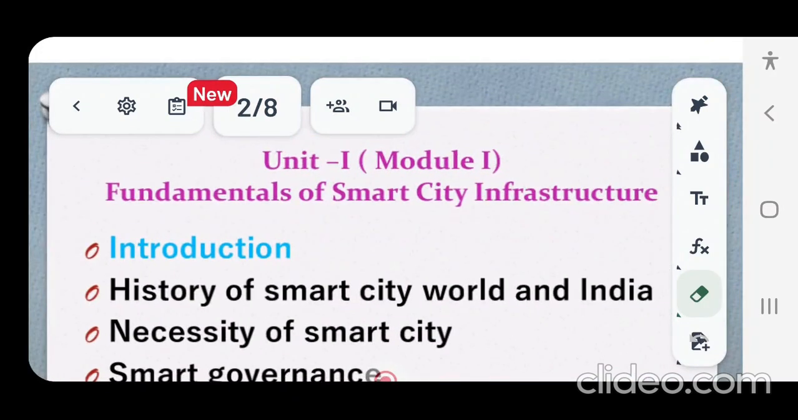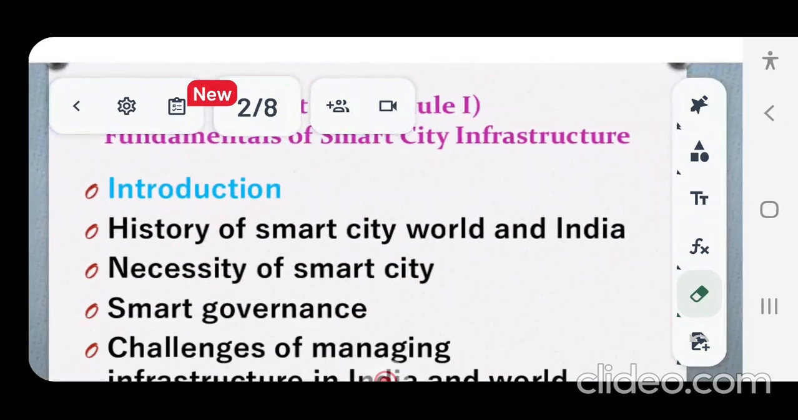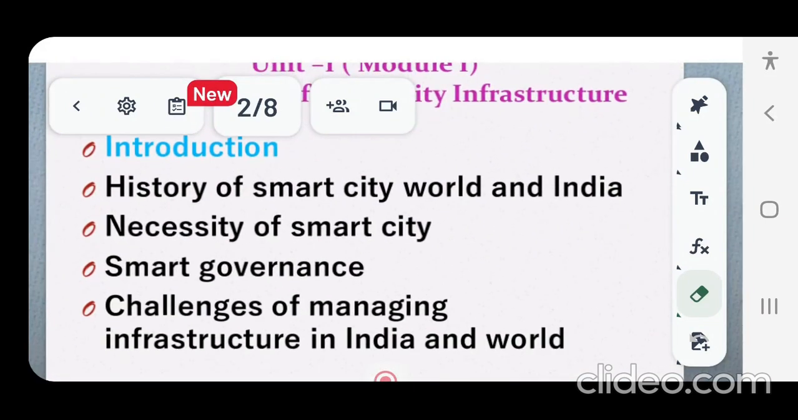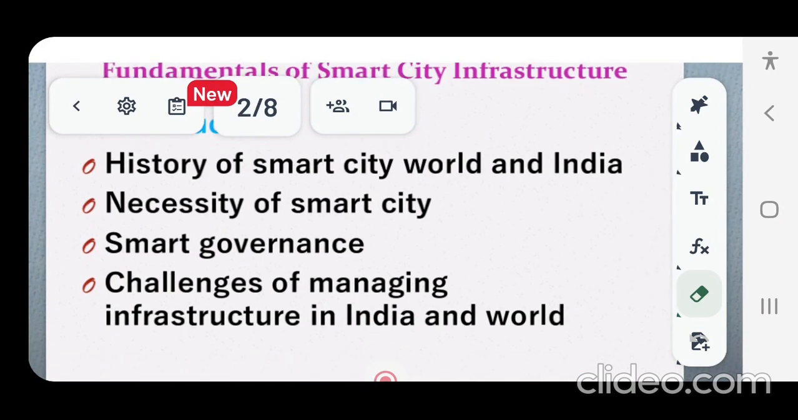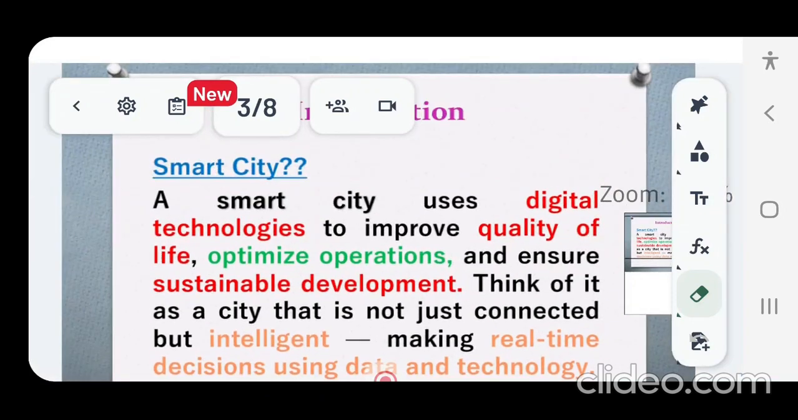So the syllabus for Unit 1, Fundamentals of Smart City Infrastructure, includes Introduction, History of Smart City, World and India, Necessity of Smart City, Smart Governance, Challenges of Managing Infrastructure in India and World. So in Module 1, we will be discussing